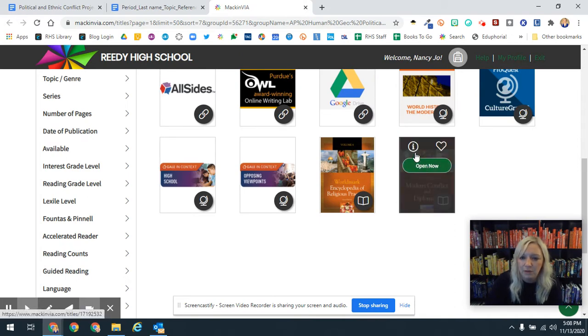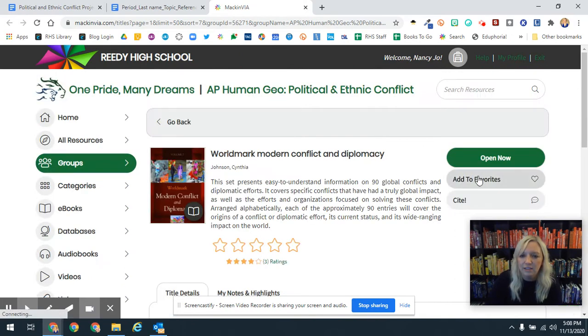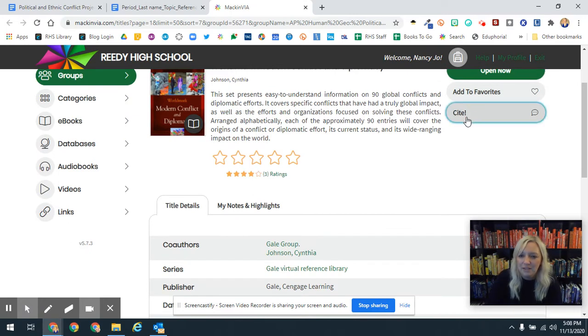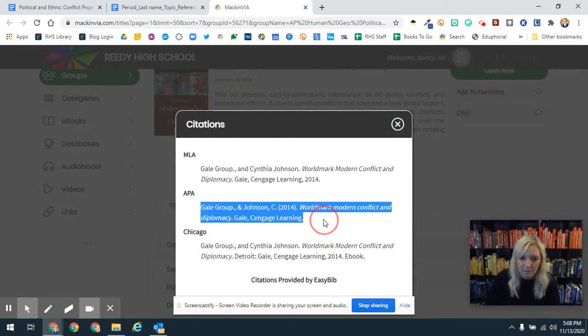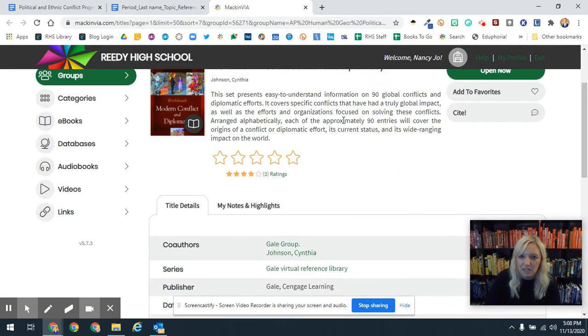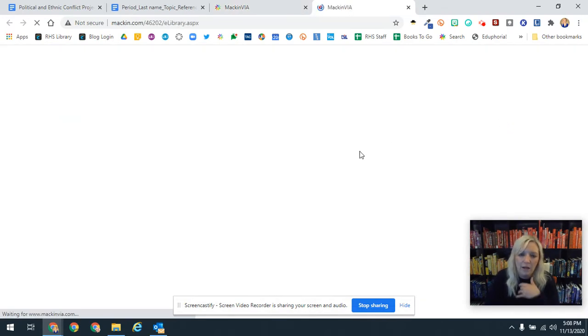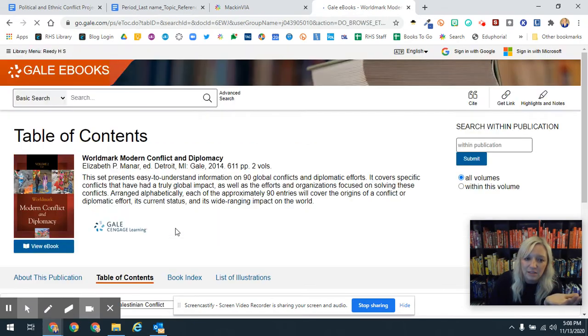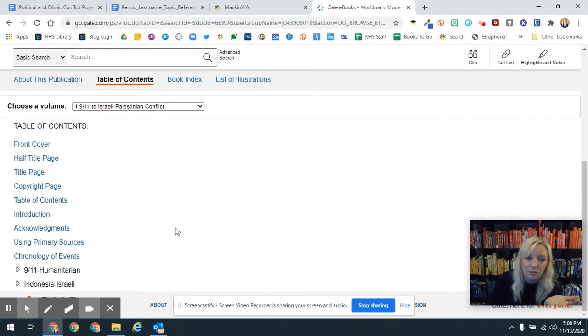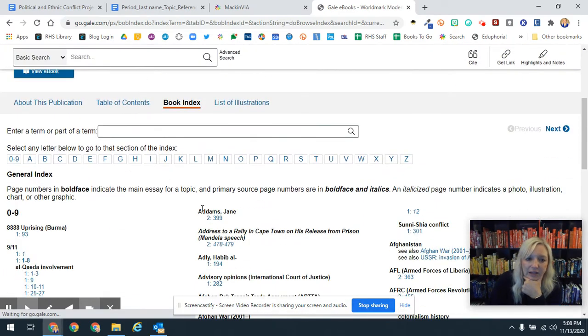Let me talk about this really quickly. If I click on this little eye right here, I can grab the citation for this book. This is a book that exists in our Macmillan sources. So I would copy this, put that in my references page, and then I can click Open Now. When I click Open Now on this book, you'll notice there's a table of contents and an index. I can search through the table of contents, or I can go to the index and find